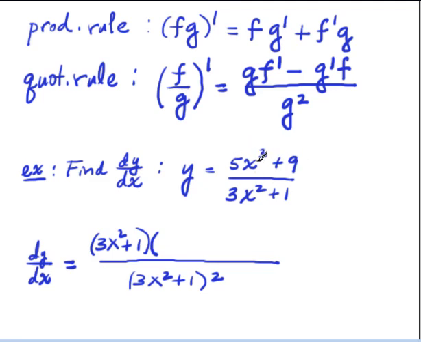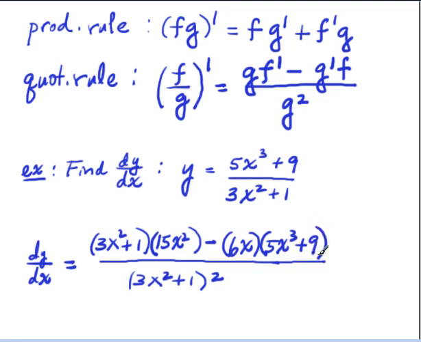And then here we have the derivative of the numerator. Here's the numerator. The derivative is 15x squared minus, and here we have the derivative of the denominator. That's this, 6x. The derivative is 6x times, this is the numerator, f, it's right there, times 5x cubed plus 9. And that's it. Just leave it like that. Okay, in our next example,